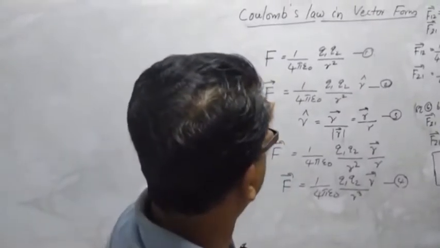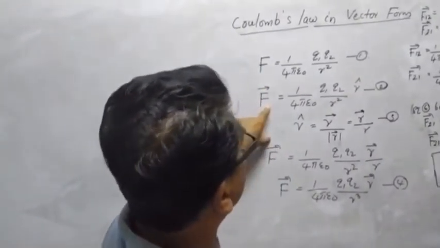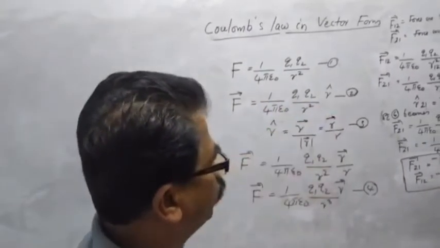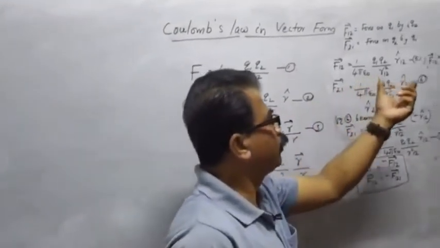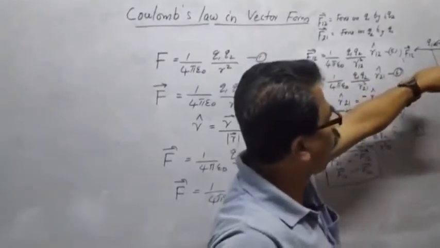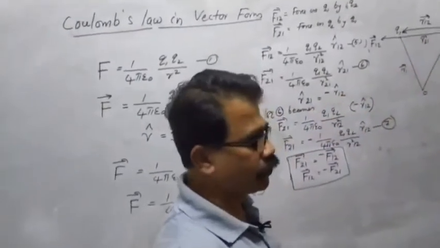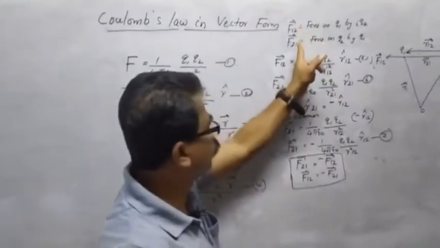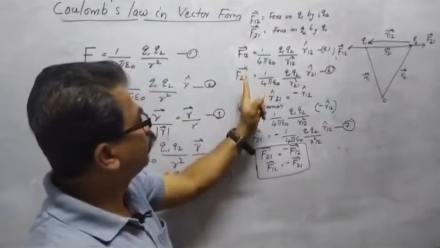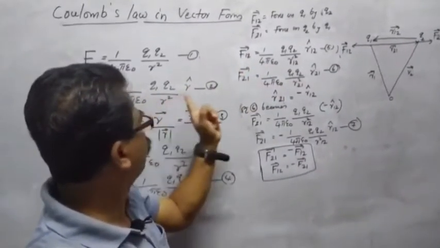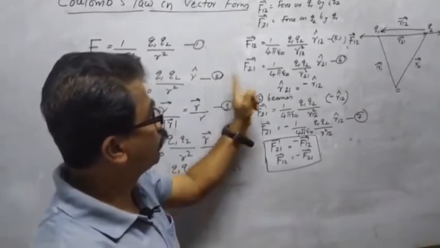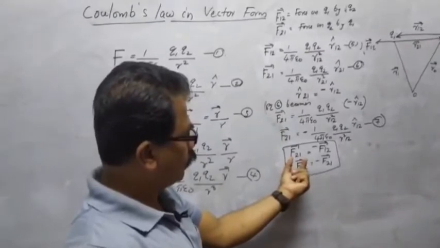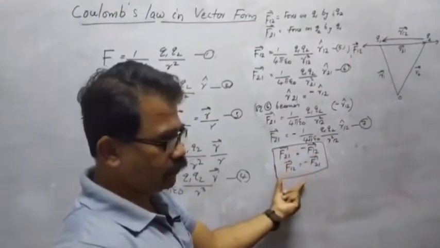So, we have Coulomb's law in vector form. The general expression for Coulomb's law in vector form is vector F equal to 1 by 4 pi epsilon 0 Q1 Q2 by R square into cap R. In this case there are two charges Q1 and Q2, and they exert forces on each other. For example, the two charges experience a force of repulsion. Therefore, we have F12 and F21, which can be written in the general form of the vector form of Coulomb's law as equations 5 and 6. It is found that the two forces are equal and opposite.